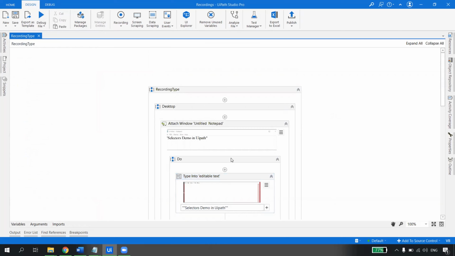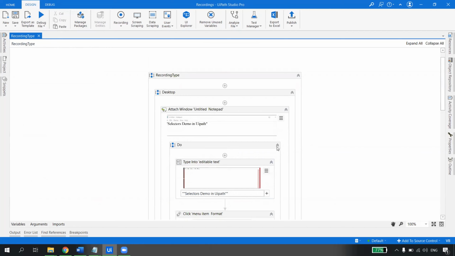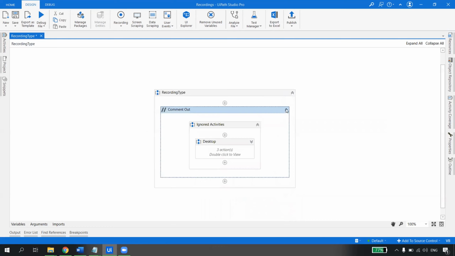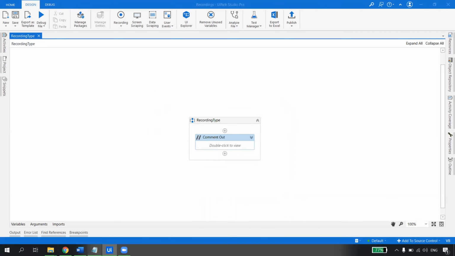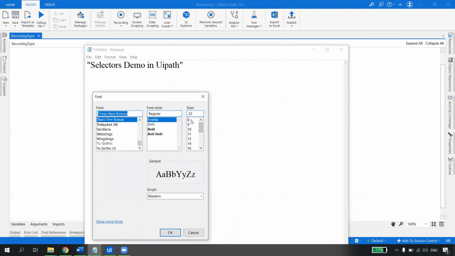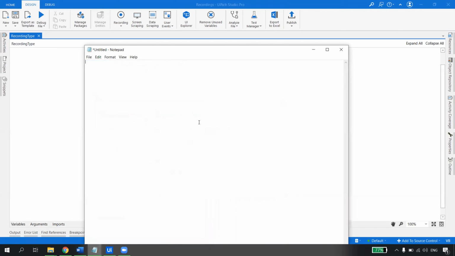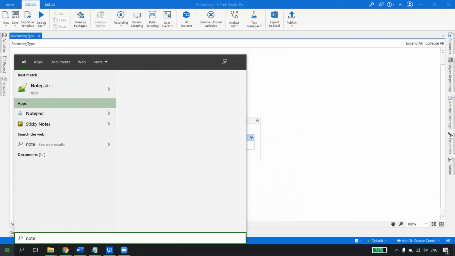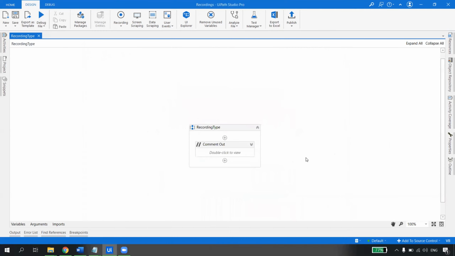Now the next question. So this was desktop recording. You understand the desktop recording now, right? Similarly, I will just disable it for a moment, okay? And let us do the same recording, this time with the help of basic recording. I will remove everything and let me just open one more notepad. So now let us try to do the same automation. This time we have seen the desktop recording. Now let us go with basic recording and then we will see what is the difference, okay?